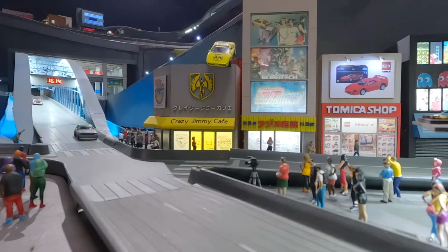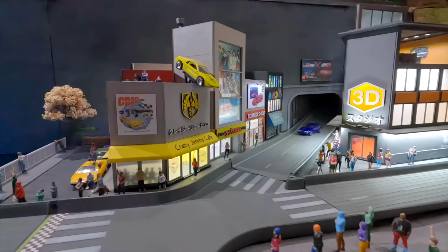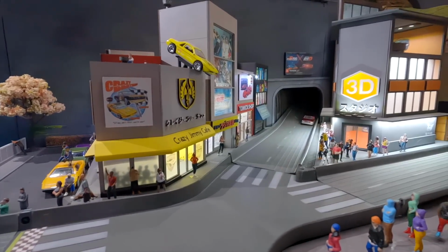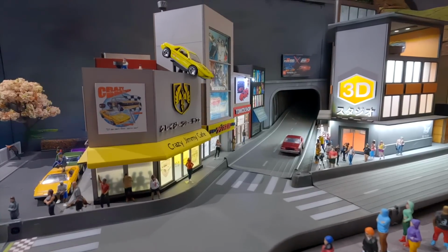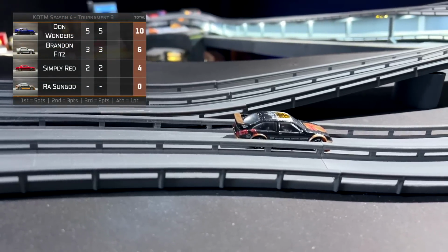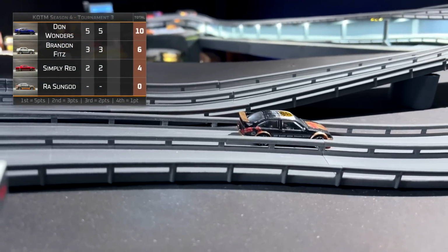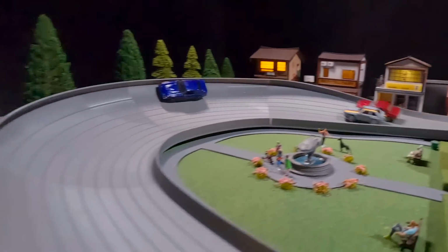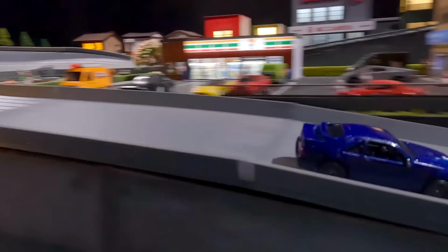Here comes Don Wonders past the line to take his second win in a row, followed once again by Brandon Fritz and Simply Red in third. And I think we all know where to find Raw Sun God. This is really sad. Yeah, there's definitely something seriously wrong with that car. Should we be asking him to leave? He's a Sun God. I'm not going to ask him to go. Yeah, me neither. Meanwhile, Don Wonders out there representing for the Mustang fans, showing that car can be stable and